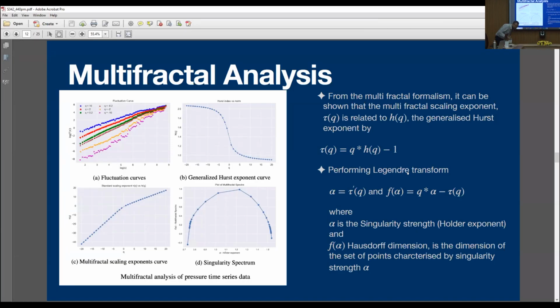Now, in the case I showed you, there's a Q exponent, an LQ norm, so you can vary Q from negative values all the way to positive. Why is it called a mathematical microscope? Because when you take a negative value of Q, it magnifies the smaller fluctuations, so you know what's happening at smaller scales. When you take a very high Q value, it magnifies the larger fluctuations, so you know what's happening with bigger fluctuations. So depending on the scale you want to see, you can tune the parameter Q and see how the behavior changes.